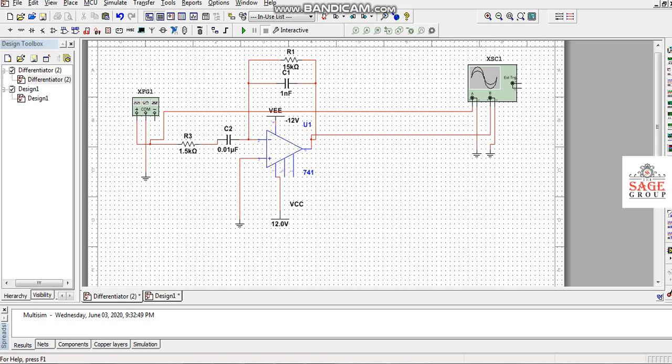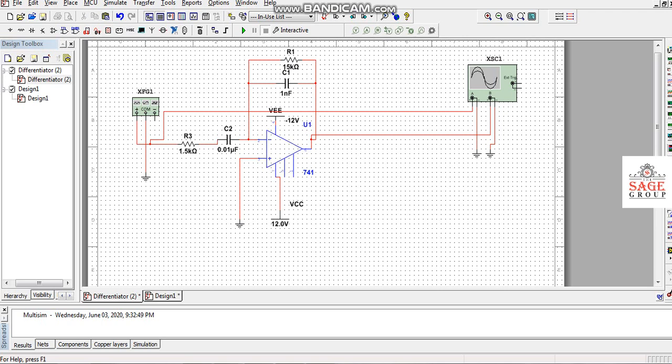The non-inverting terminal is connected to the ground terminal. Then capacitor C1 and resistor R1 are connected in parallel in the feedback circuit of the operational amplifier, and input is given through this function generator to the inverting terminal of the operational amplifier.